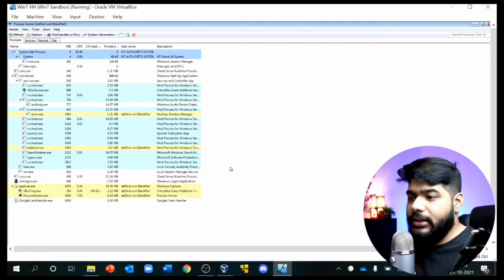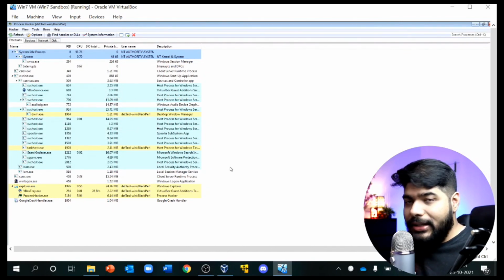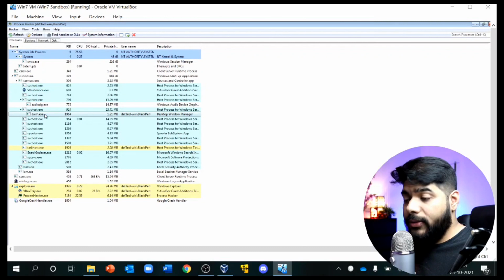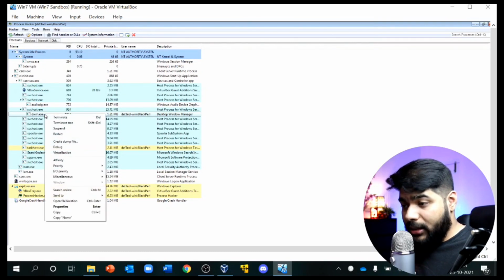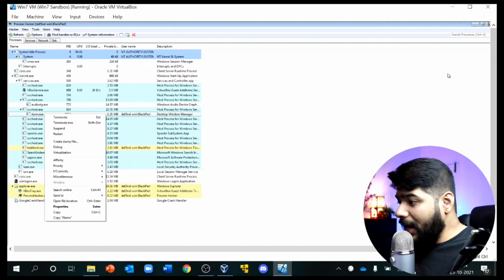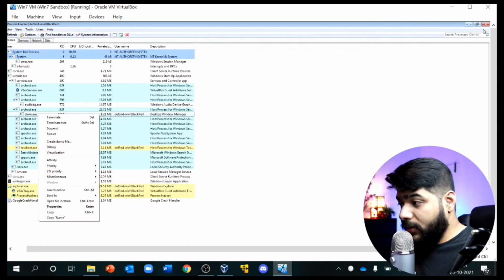Let's say you just ran a malware, you can see the process tree that this particular file is creating. Now if you want to dump anything, terminate anything, suspend anything, or dump any of the files and properties, you can check everything from here. That's the beauty of the tool, and I love this tool very much.